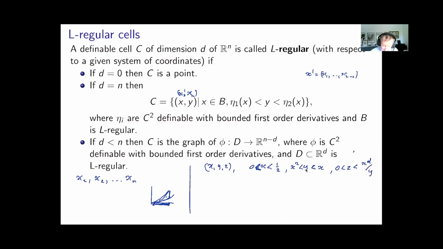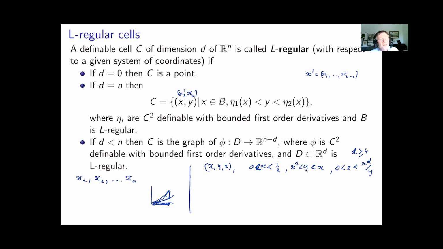If D is sufficiently big, then this is an L-regular set. The derivatives are bounded, even if you have negative exponents. And using L-regular decomposition and the preparation theorem, you can prove that compact subanalytic sets